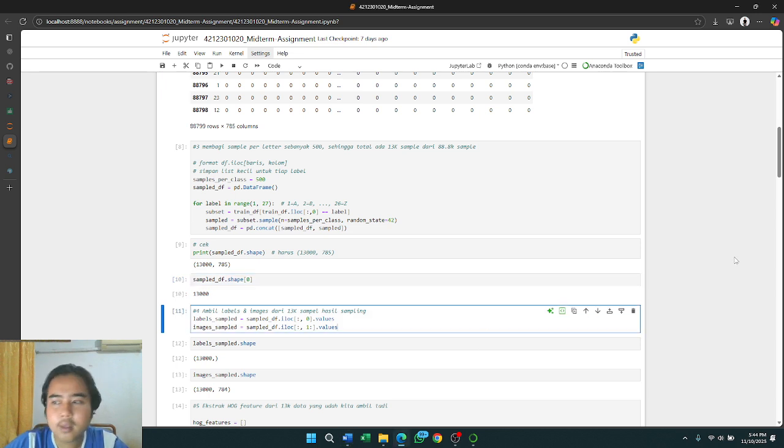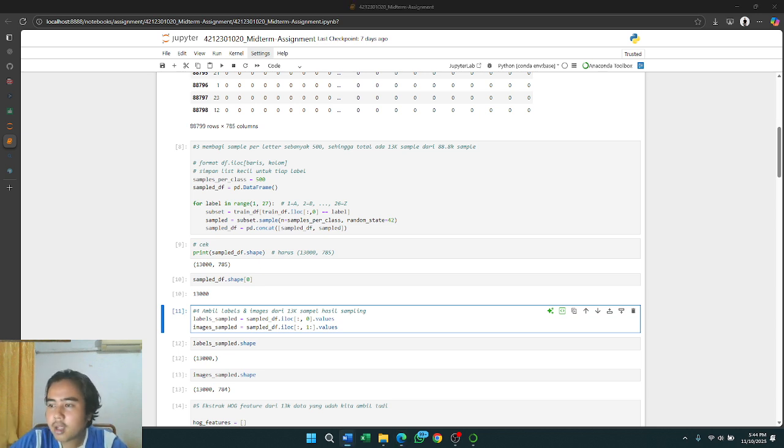Next, these cells have a function to separate label data and image data from the sampling result of 13,000 samples stored in sample df.